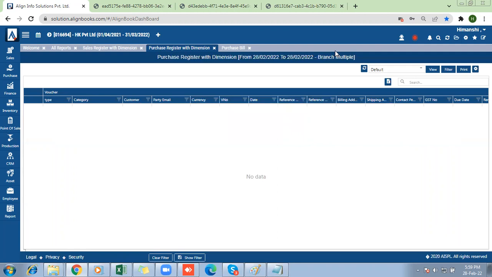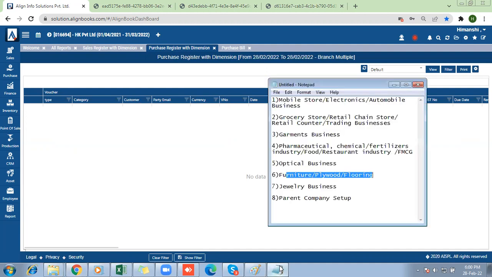And in party GL also it's showing sundry trade debtors instead of creditors. So I think there is some issue with this report, but you will find these two reports only: sales register with dimension and purchase register with dimension. Then we have jewelry business. In jewelry business,